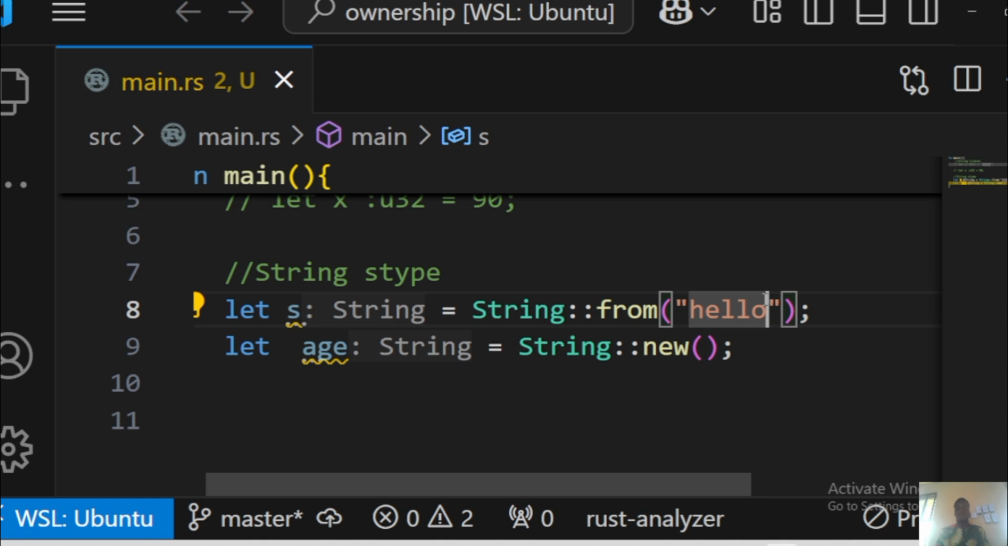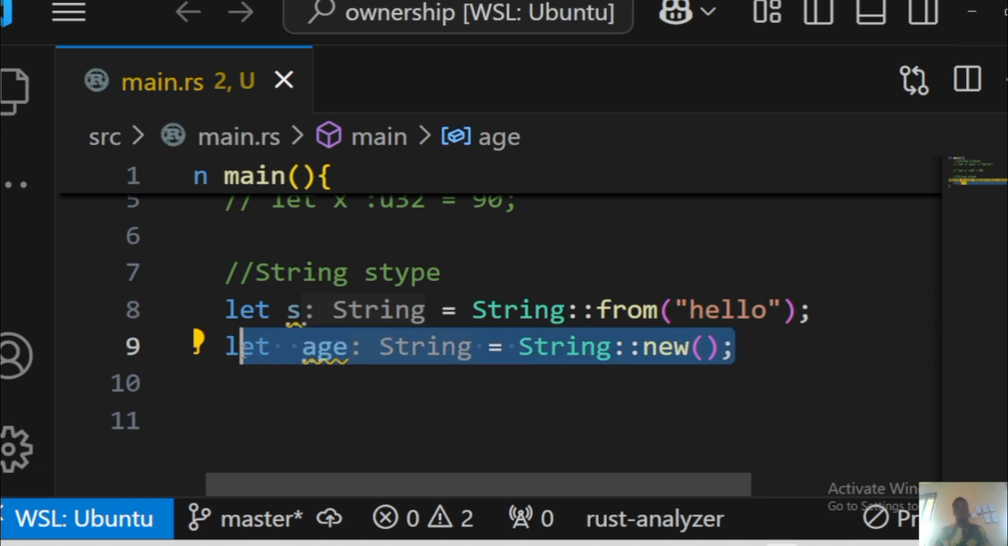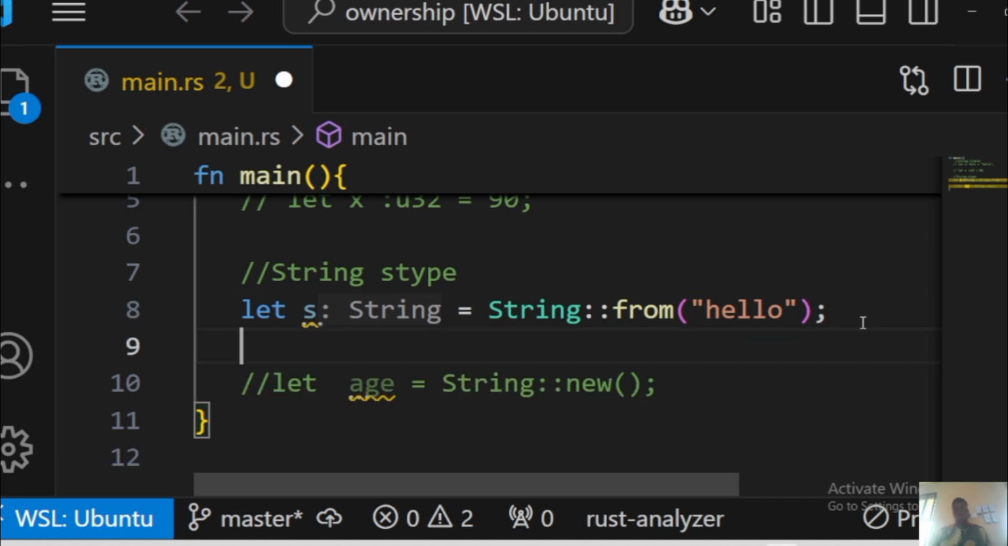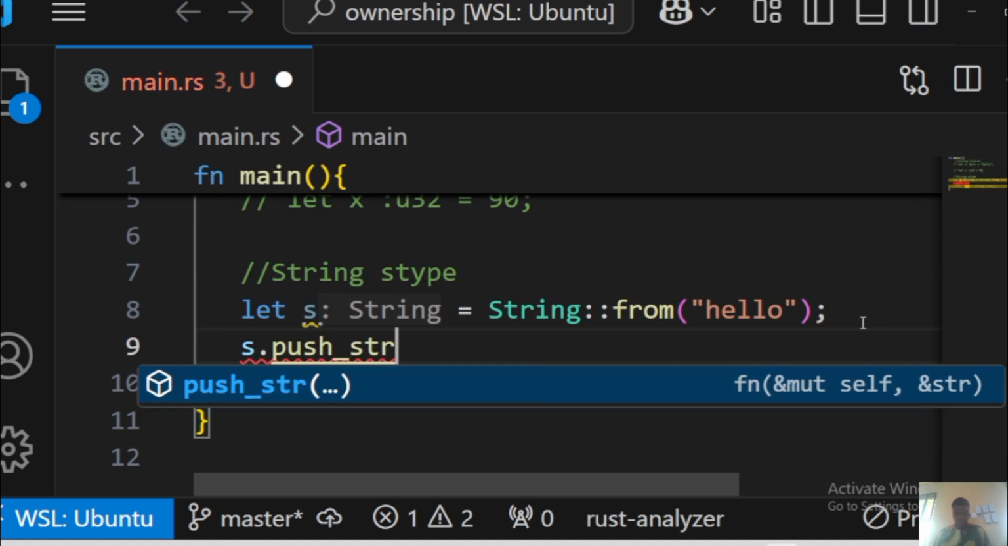Actually, this heap can change, and that's the beauty of storing data on the string, on the heap, because the data is unknown and we might likely change it at the end of the day. So let's assume that we want to change this data type, just mess around with it. s.push_str